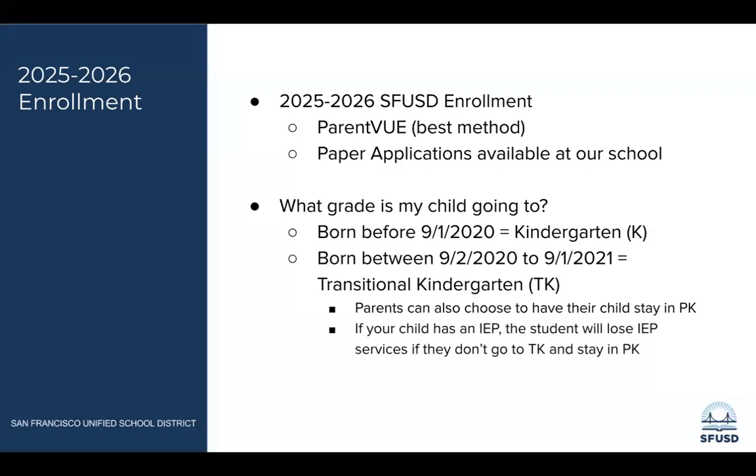However, if your child has an IEP, that child will lose their IEP services if they don't go to TK and stay in preschool. 但係如果呢個小朋友咧，佢係有 IEP，咁佢如果係想留喺 PK 而唔去 TK 嘅話咧，咁佢咧就冇咗個 IEP 噶啦。And then lastly, if your child was born after September 2nd, 2021, they will stay in preschool for another year. 咁如果你嘅小朋友係2021年嘅9月2號之後出世咧，咁佢就會去讀 PK，即係學前班啦，要讀多一年。佢繼續留喺嗰個學前班，即係 PK 嘅，讀多一年。